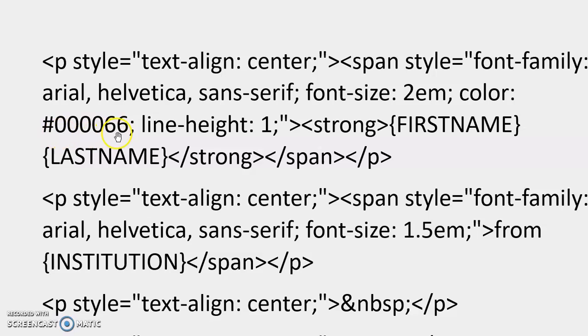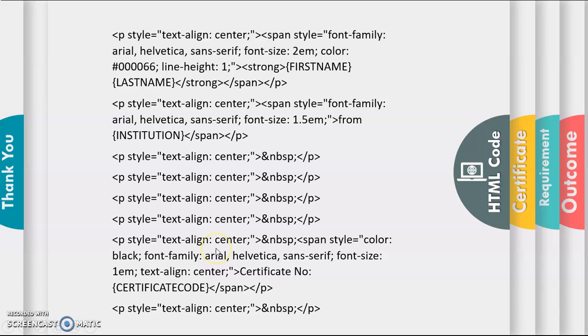Otherwise, you can directly write down the name of a standard color here, along with the line height and then your certificate text in specific curly brackets. So this is the HTML code you just have to copy and paste and do the proper settings so that all certificate text is aligned in your certificates. So let's see how to do that.